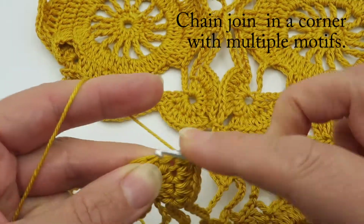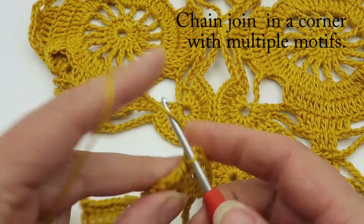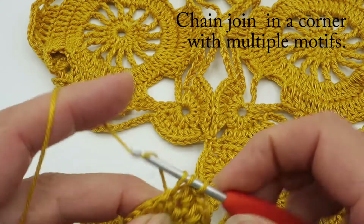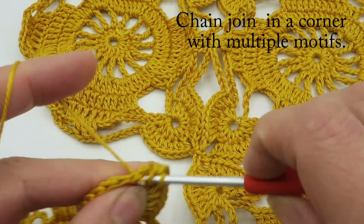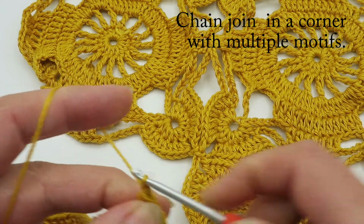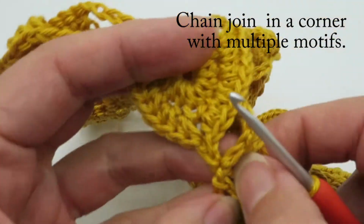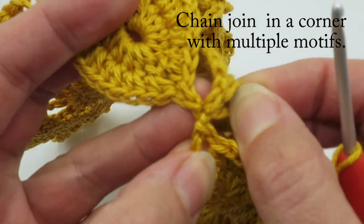So now we're coming up to this corner join where there's multiple motifs in one spot, and I'll show you how to do that. 1, 2, 3, 4, 5. Okay, so chain 1, keeping the loop on the hook, and then we're going to take another look here, and